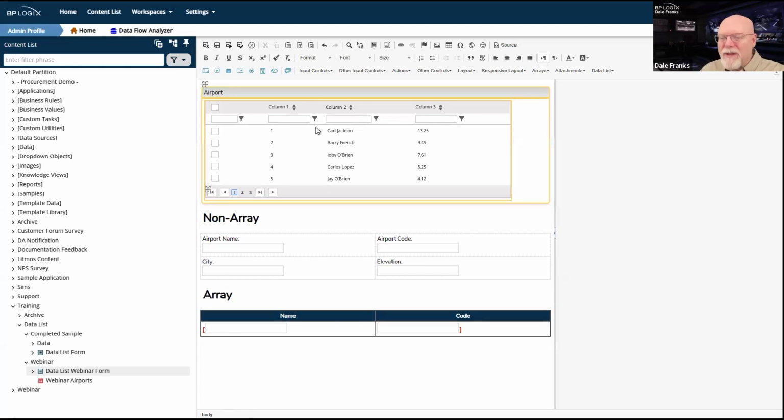There's some other things that we can do just to make the section appear and disappear. It's 11 o'clock. We may have time to get to that, but for right now, let's just concentrate on getting this done. So I've got my two sets of controls that I'm going to grab some data from my data list, and I'm going to transfer it over into actual controls on the form.